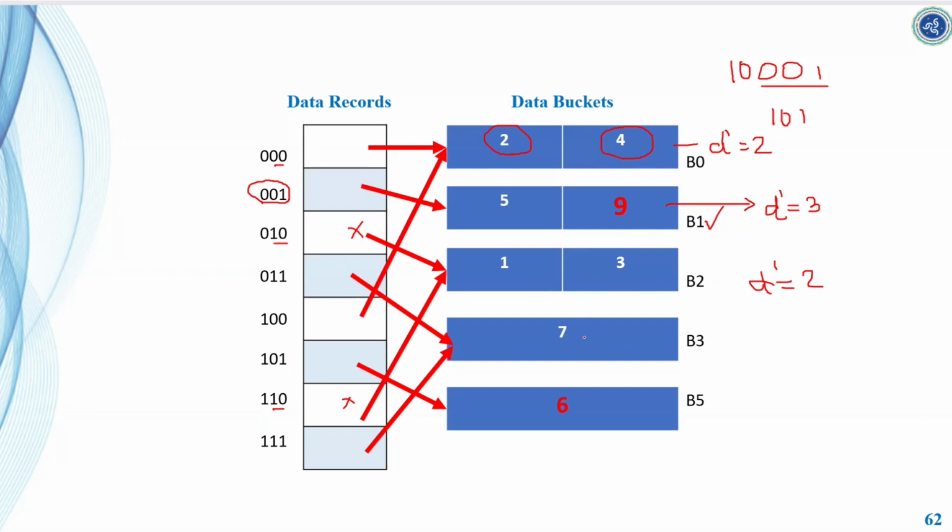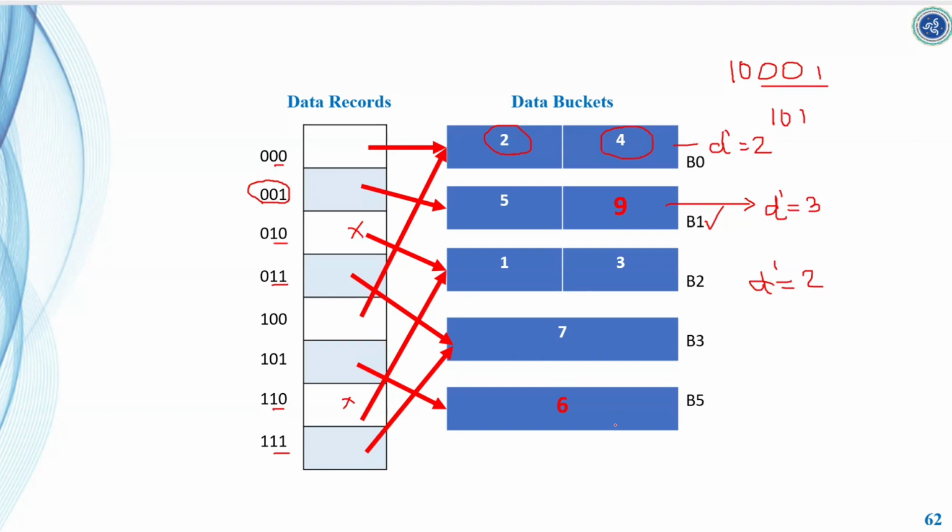And for 7, we are looking for the last 2 bits, that is 11. Only this field has 11, therefore both these 2 entries will be pointing towards bucket B3. And finally 6 has the last bits 01, so 01 will be pointing to the new bucket B5. So this is all about extendable hashing. Hope it is clear. We can discuss about the